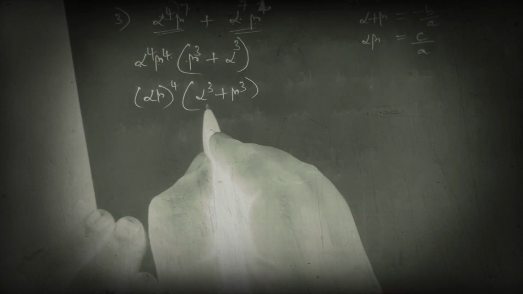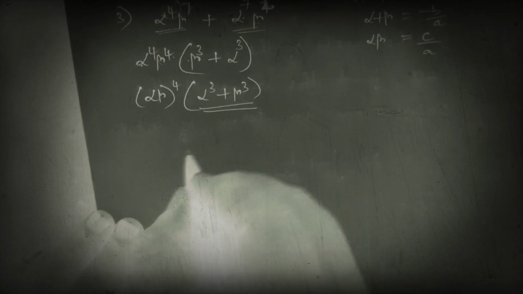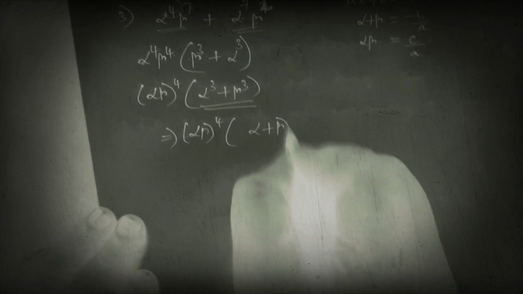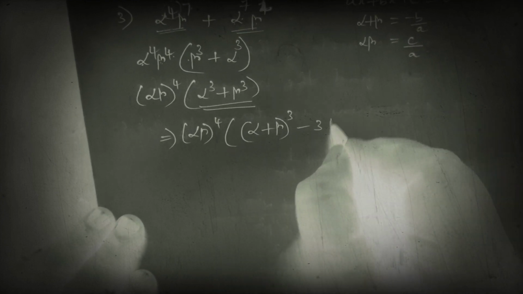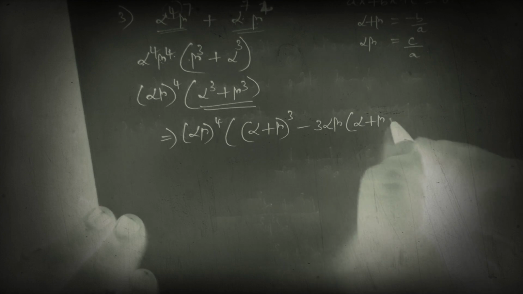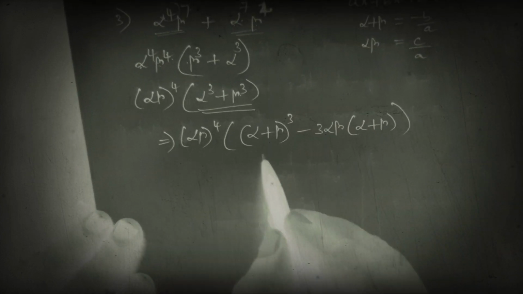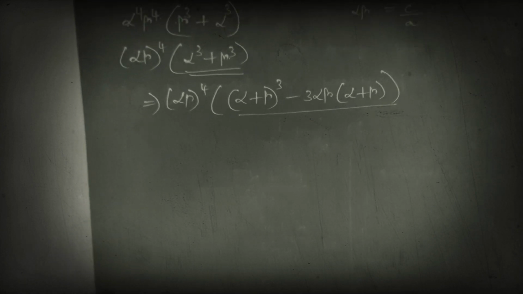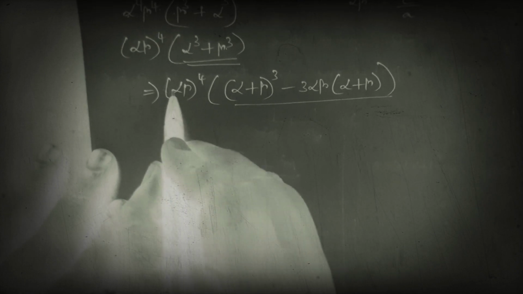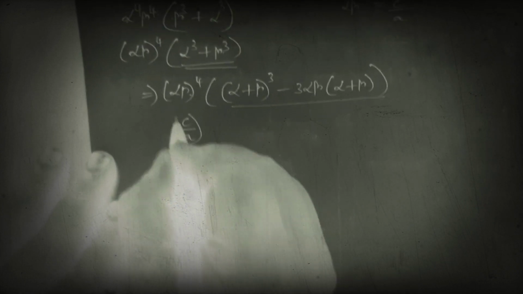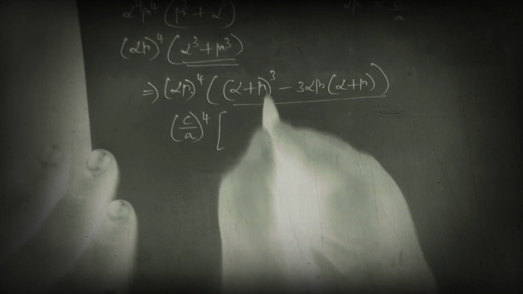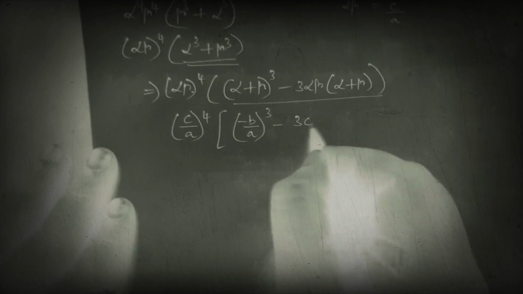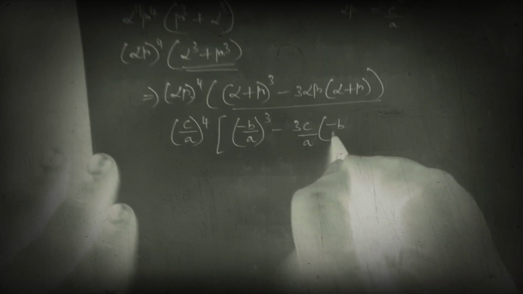Okay. Now all of us know the formula for alpha cube plus beta cube. So alpha cube plus beta cube is alpha plus beta whole cube minus 3 alpha beta into alpha plus beta. Substituting alpha beta as c by a and alpha plus beta as minus b by a, we get (c/a)...